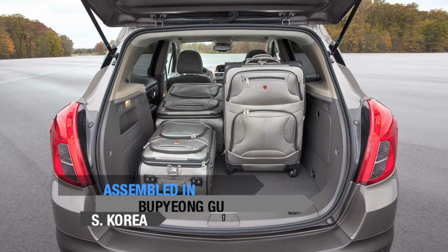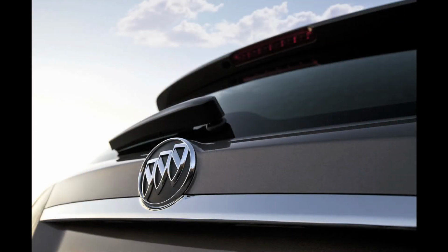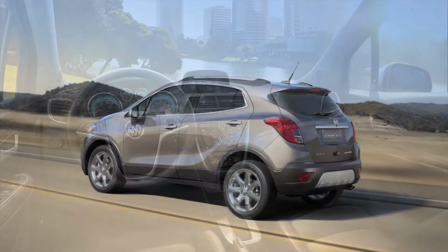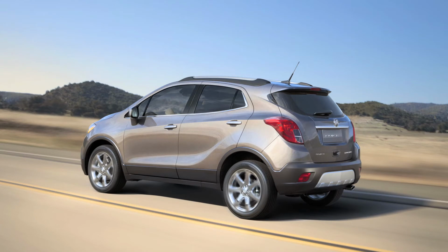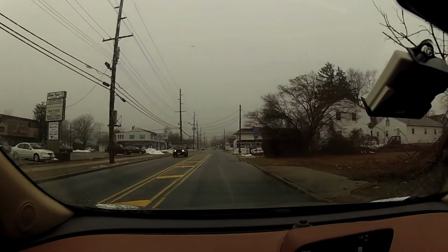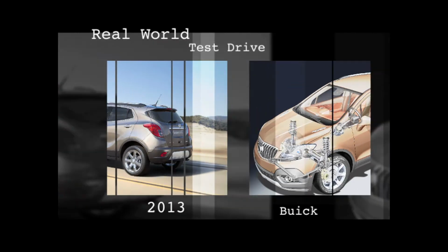The base price for the 2013 Buick Encore all-wheel drive is $29,690. Options on our test car included about $1,000 for 18-inch chromed aluminum wheels and about $800 for an audio system with navigation. The total price as tested for the 2013 Buick Encore was